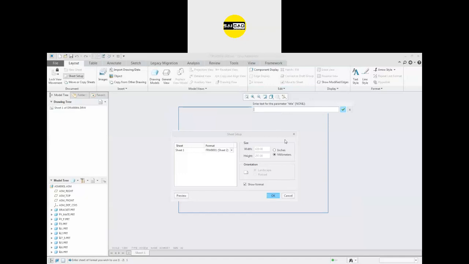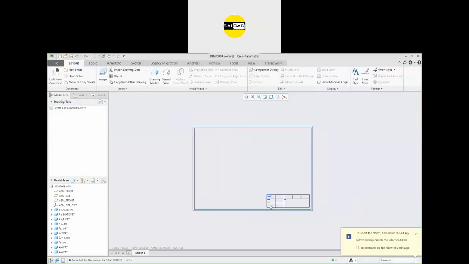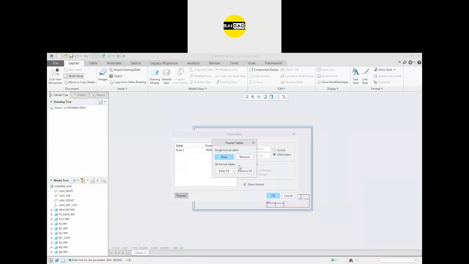Okay, when you select the format now, we have two formats saved. That's why there was the error. So how to insert the format? Just open a file, go here. Now you can see this is sheet 2. Actually, I had two sheets there, so that's why there was an error.